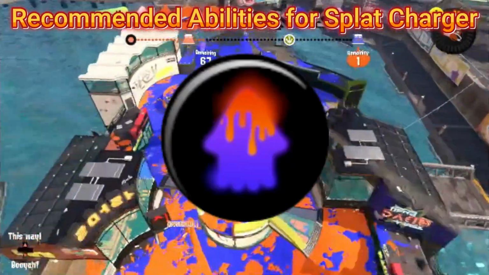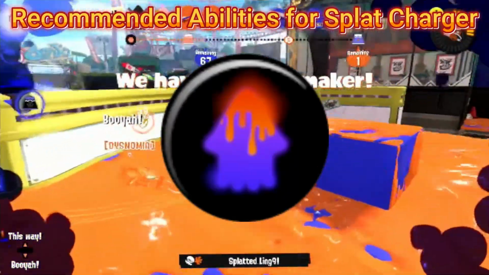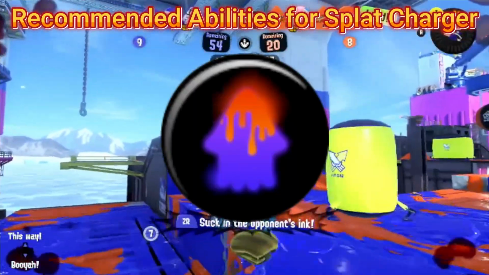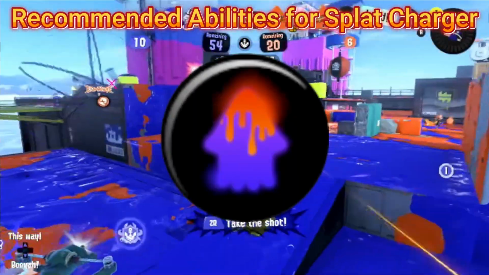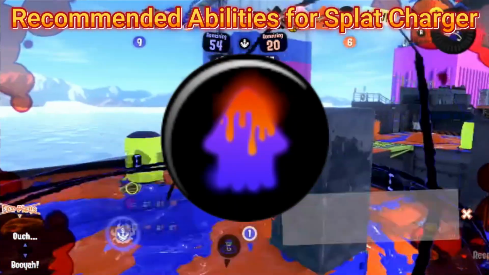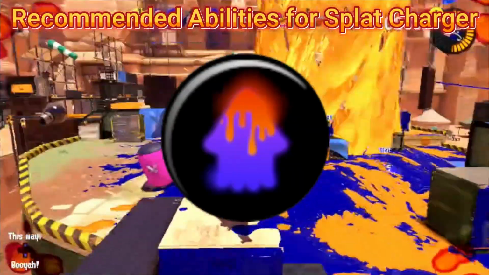This makes it so when you splat an opponent, it increases the amount of time it takes for that player to respawn, and also makes them lose more of their special gauge than normal, which can be a major help to your team by making some players take longer to come back. However, the same effects are also dealt to you if you get splatted, making it a bit of a double-edged